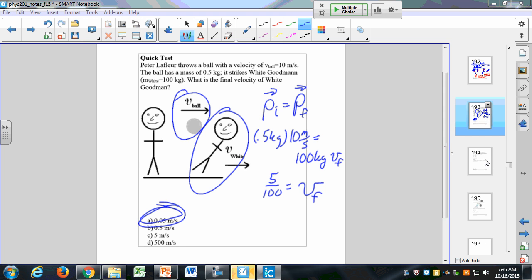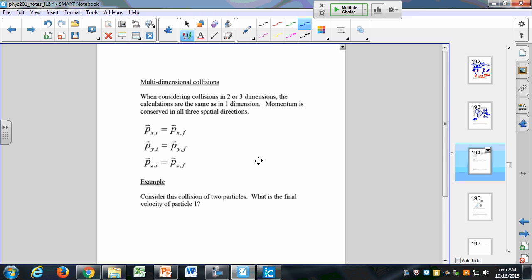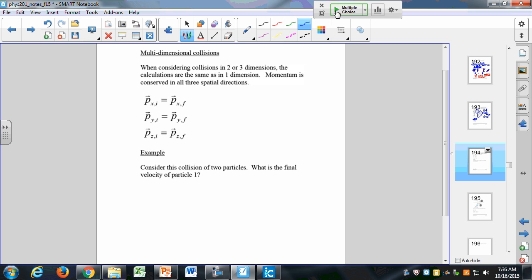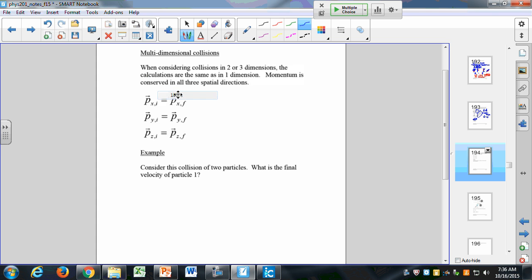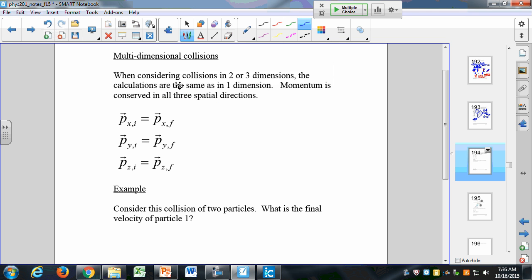Let's try another problem. We're going to do multidimensional collisions. So far all we've done are 1D collisions, but 2D collisions aren't really that much more complicated. It's just a little bit more algebra to solve the equations. So in these 2D collisions, you consider the momentum in each of the three dimensions. Momentum is conserved in the x direction, momentum is conserved in the y direction, and momentum is conserved in the